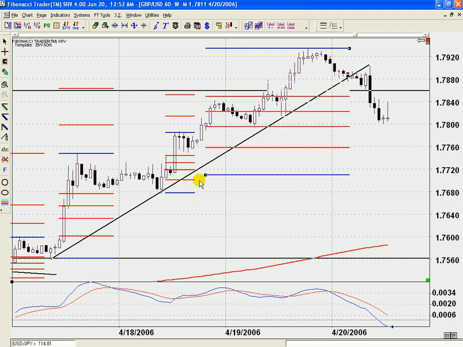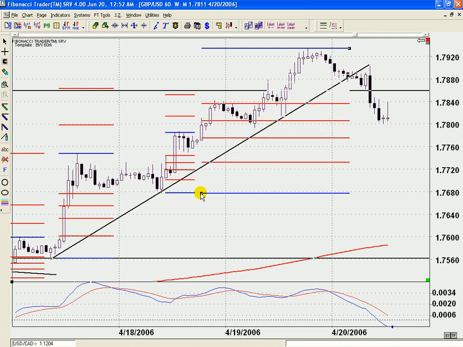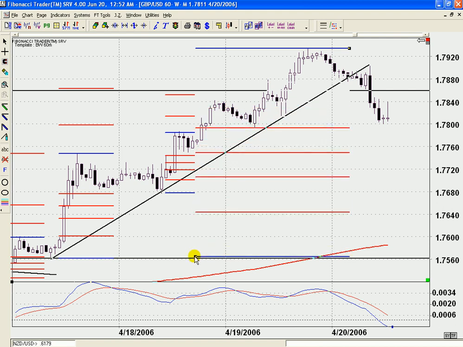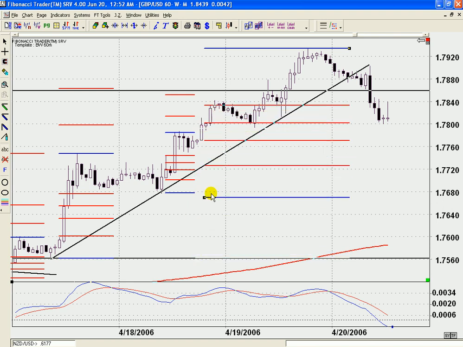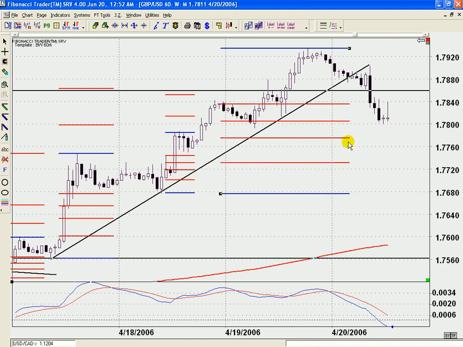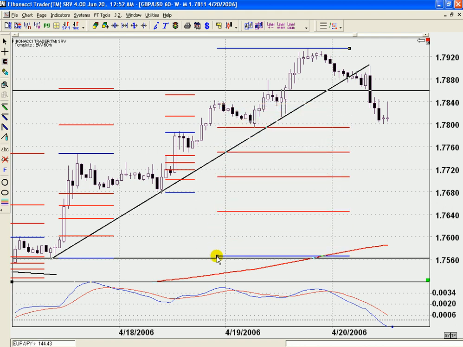All right, and there's the 50, and there's the 38. So from this takeoff low down here, we're at a 38% retracement, which is 92. And we also have a convergence level here of the 50% retracement at 05. They're about 10 pips apart, so it's a bit wide. But we're looking at